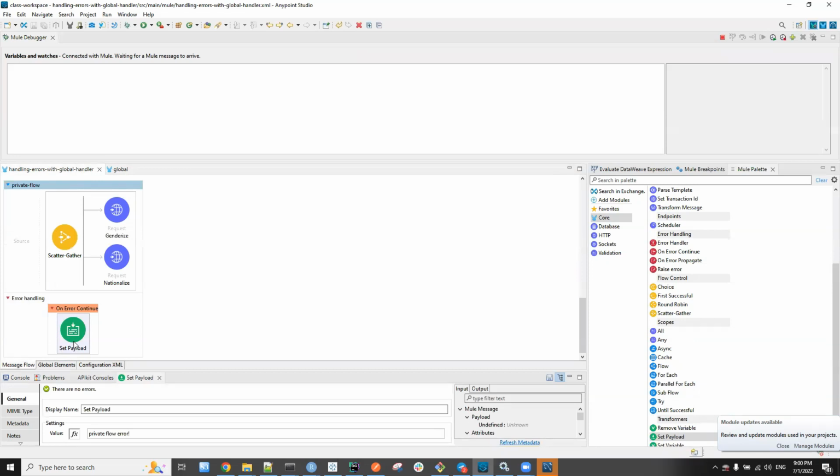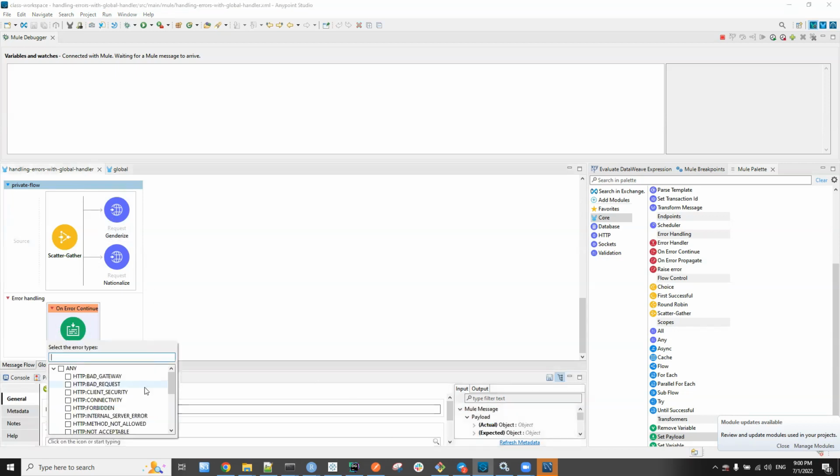And also, even if it doesn't match, it should return that. You can get this project, I will push it to GitHub. You can get it from there and modify the error type here. For example, if I select, let's say this is HTTP request related. And if you put other types of errors, you see since here we have only HTTP request related, the two are request operations.